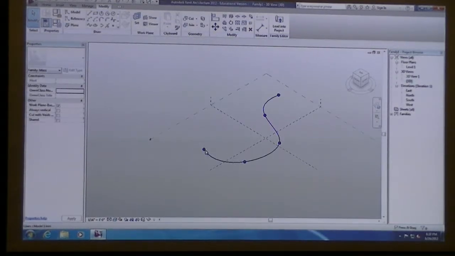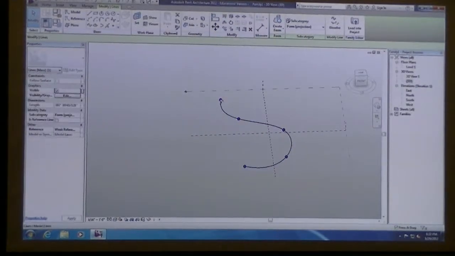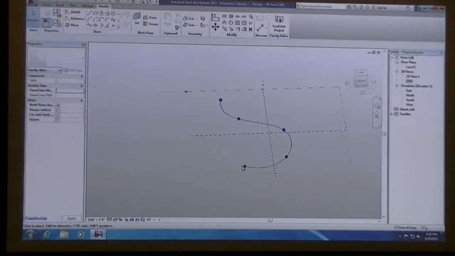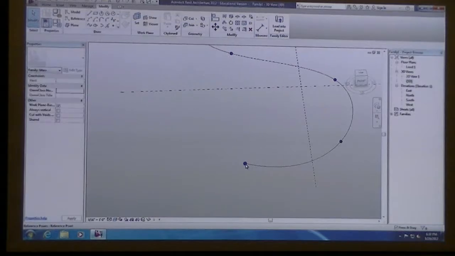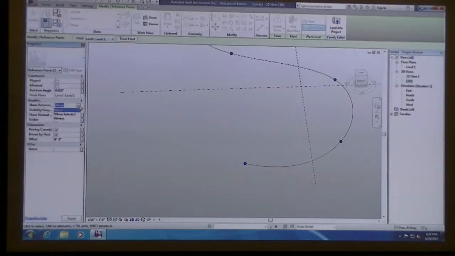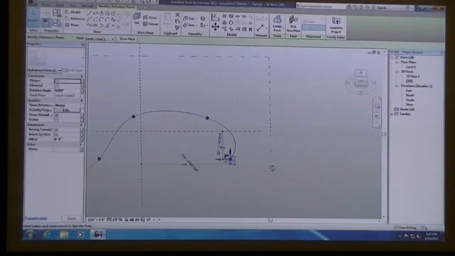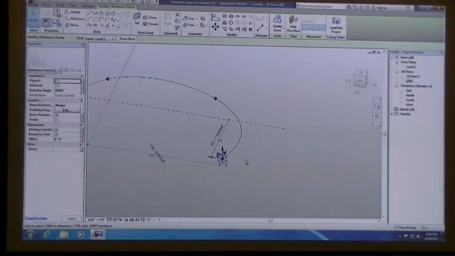If you have any kind of model line that has a reference point associated with it, so these purple points that are on each of the splines, we can turn the reference planes on just like we have been doing. So if you click on the endpoint and click on always, so that we get the surface normal plane.